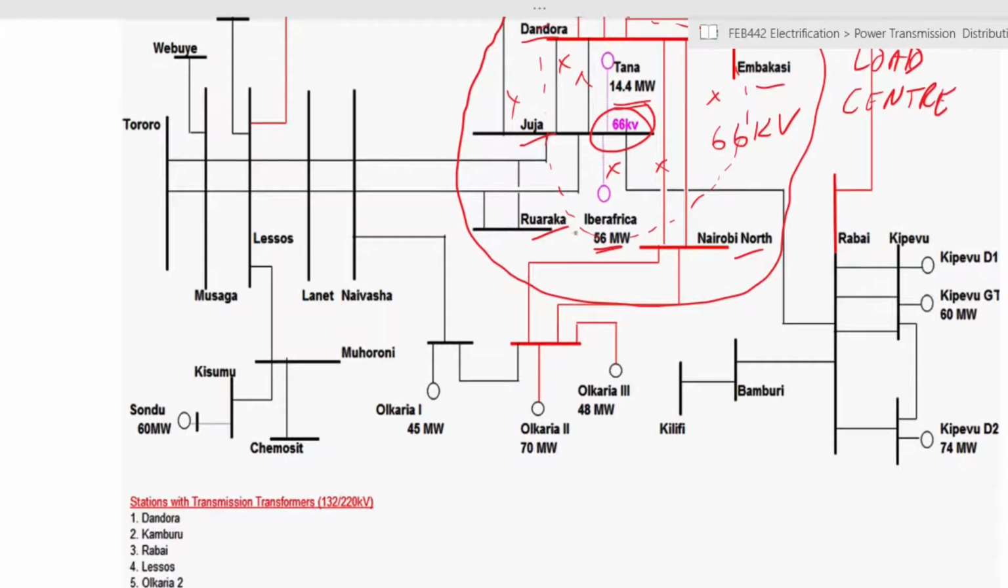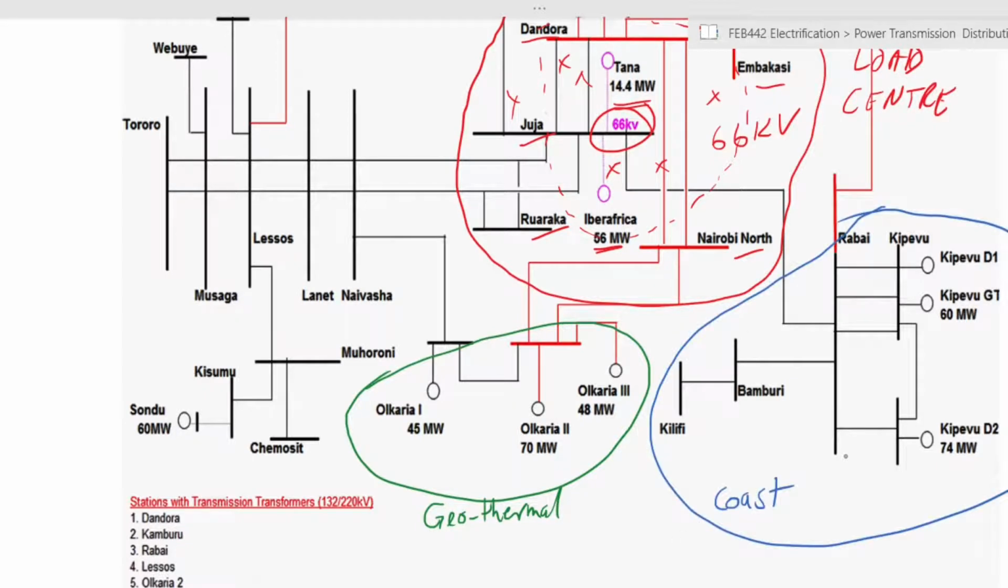Moving further around the country, some other places of interest. Another power generation area is this Olkaria. This, of course, is thermal. And an interesting combined area is this one here. So this is the coast. The coast is interesting in that it has both power generation as well as power consumption. So you have places like Kipevu in Mombasa, which generate power. Rabai is a big station, but it also has a bit of power generation. Then you have the consumption with the Bamburi and Kilifi, which are